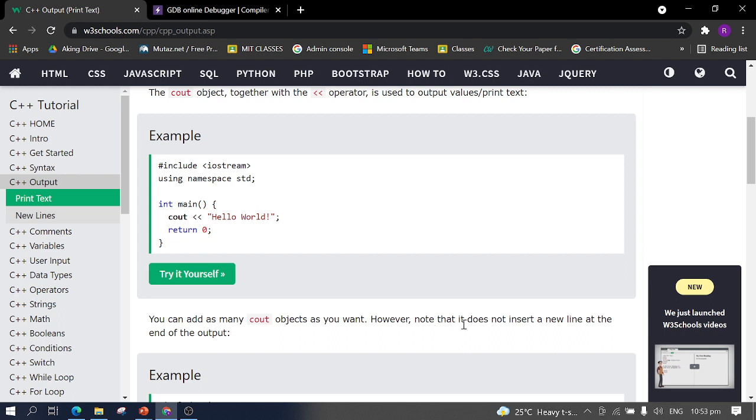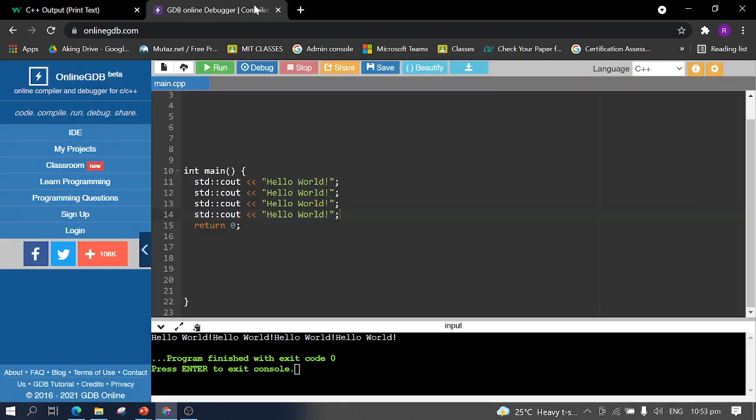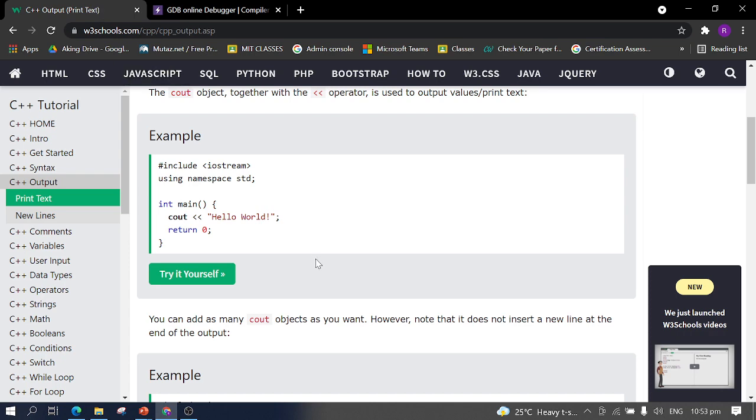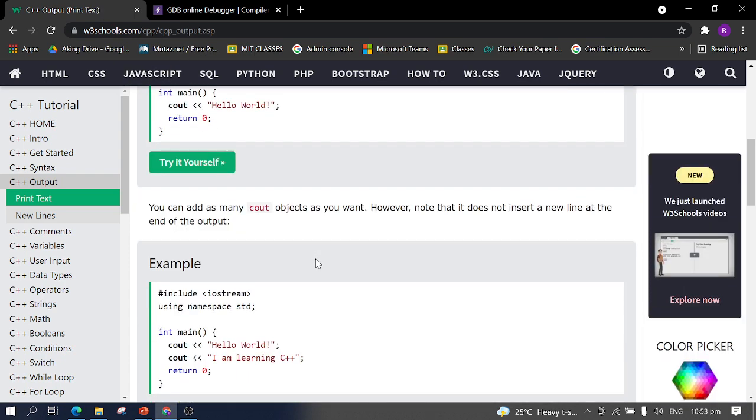However, note that it does not insert a new line at the end of the output. Meaning, new line, the next line below. Guess what? For example, this one displays hello world, but they are stuck together, because it did not put in a new line. Okay? It did not put in a new line. So, to make that possible,